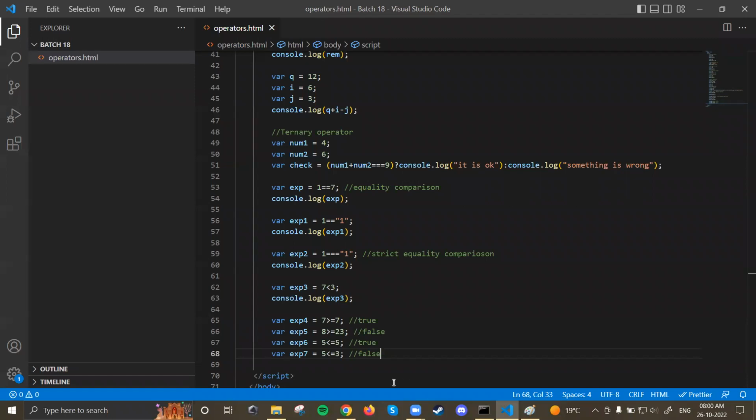Do less than and greater than operators check the data type or not, sir? Sorry, less than, greater